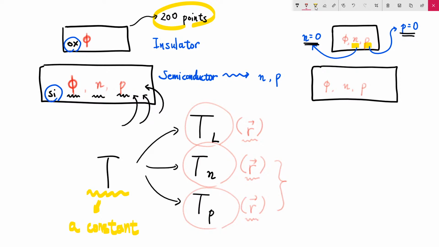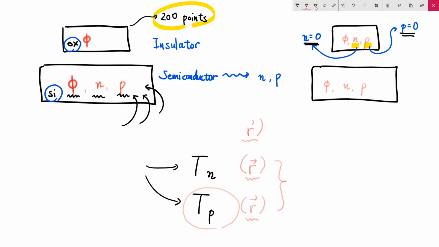Of course, in the case of lattice temperature, both silicon and oxide can have lattice temperature. It's good. But how about electron temperature and hole temperature? If there is no electron at all, and if there is no hole at all, is it meaningful to define electron temperature or hole temperature? Nonsense. So, simply speaking, although we are now talking about just electron density, if we include further and further additional